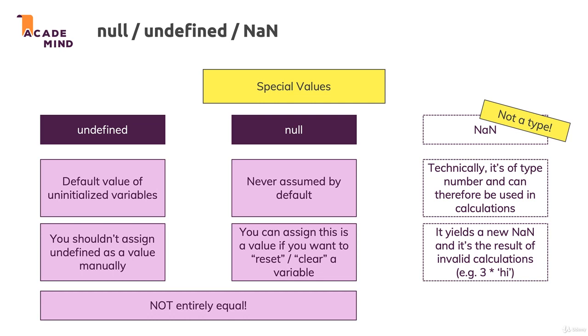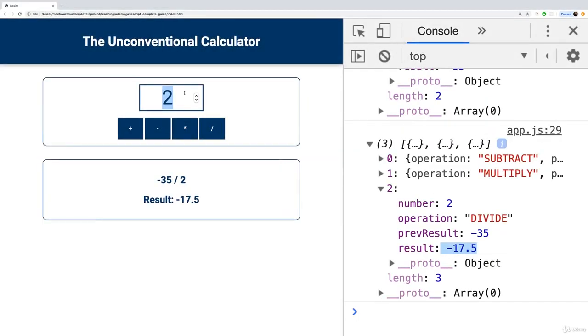So, like in the case of our calculator here, you could have a calculator where users can enter any value, where they are maybe not forced to enter a number, and where therefore you could run a calculation with some user input which is not a number, and then you could get such a not a number result. Again, this is most useful if you also have the ability of comparing it or checking it with some if statement to run some code if you get such an invalid result, but it is worth being aware of